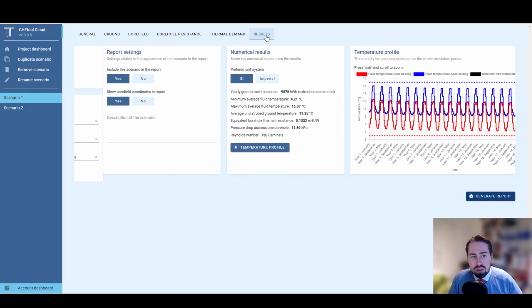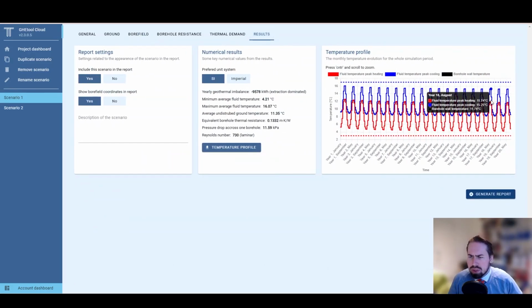So the first scenario in this case was a bore field with 6 boreholes. And if we take a look at the temperature plot, we can see the bore field is oversized. Now, if you have difficulties interpreting these type of results, we have a special video and an article about interpreting temperature profiles from GHEtool Cloud, and I will link to that in the description below. So we have an oversized bore field,